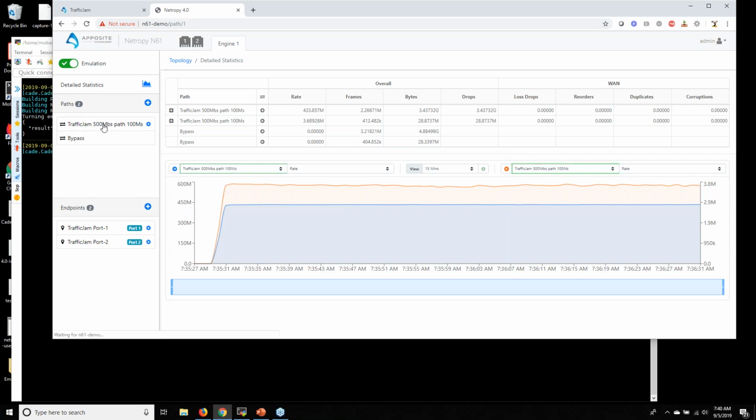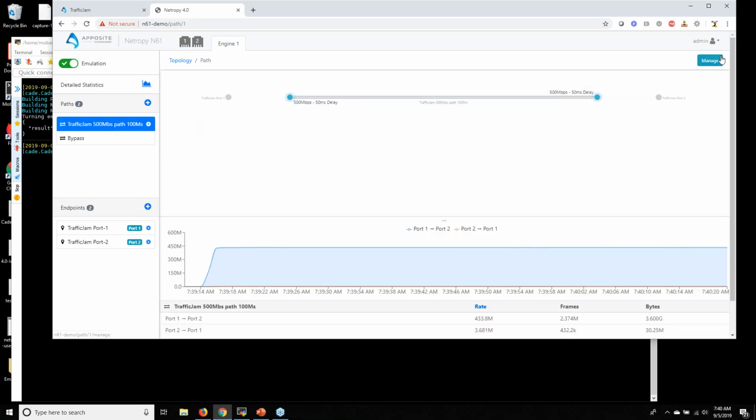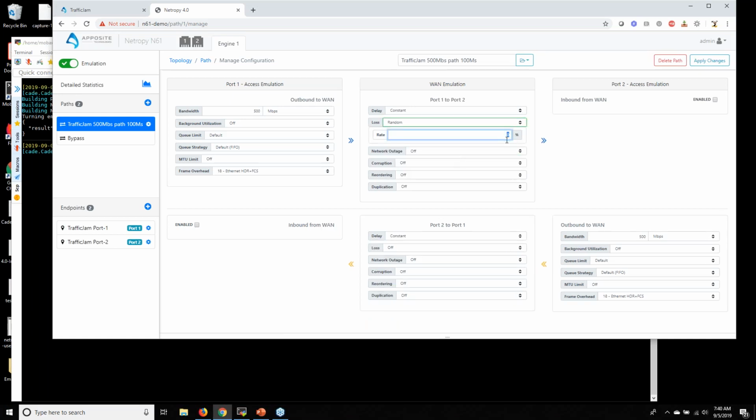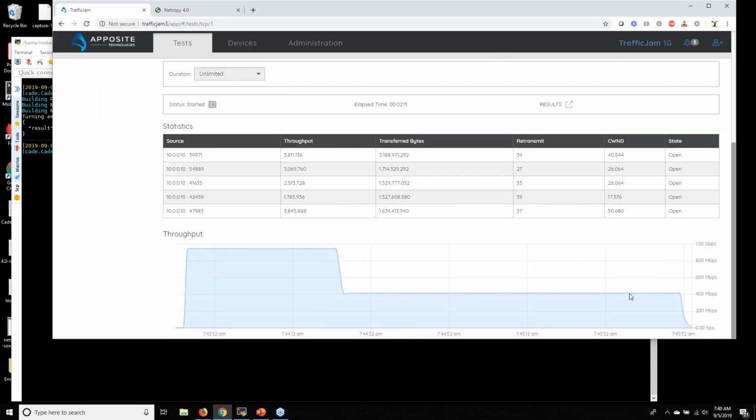So what's kind of fun to do is we can actually watch our performance take hits when we start messing with different impairments. So maybe let's add a little bit of loss and see what happens. I'm going to add 1% loss on this traffic generation. So I'll apply that. Let's go look and see what happened. Oh wow, huge loss. So just dropping one packet out of 100 pretty much destroyed my transfer.